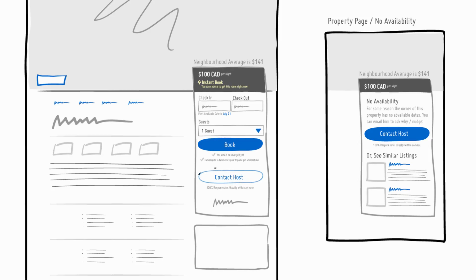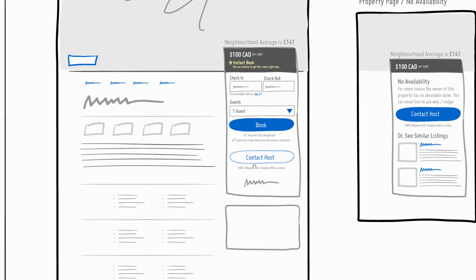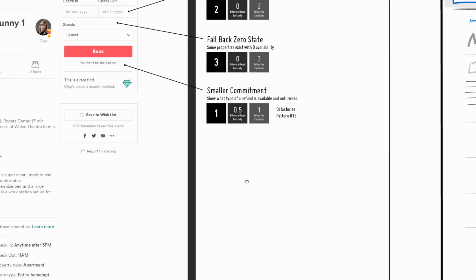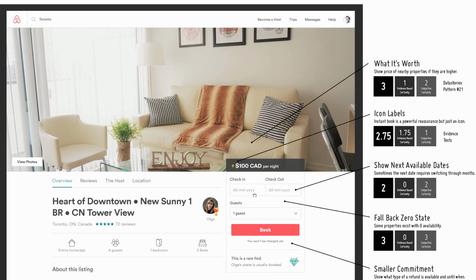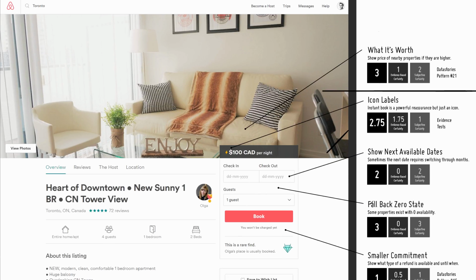So you have your primary, and then you have your secondary call to action. Again, I don't know if this is good or bad, but maybe some people just are not ready to book. Maybe they have a question that they really want to have answered, and maybe having this choice here, being able to more easily reach out to this person, maybe is a good thing. And keep in mind that this is also floating, so this is pretty much visible in most of the cases. Okay, so that's it for these ideas, and I think they all could potentially be separate tests,